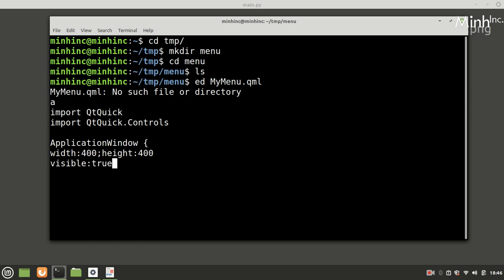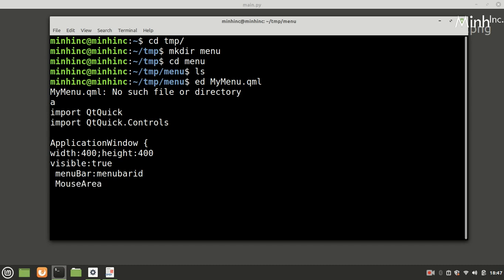We have to specify visible equal to true. Menu bar. Since we want the menu to be present as a context menu, and here also we will have the same menu, we'll just place a menu bar ID. This menu bar we are going to define down the line.